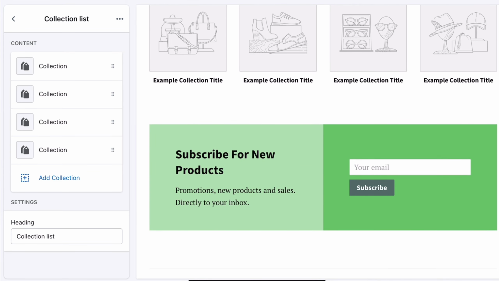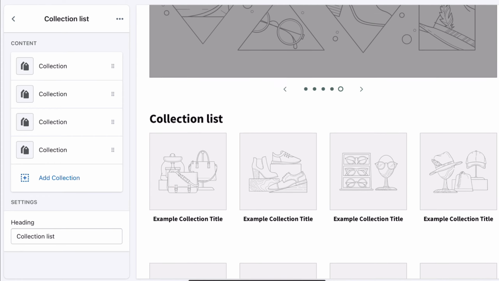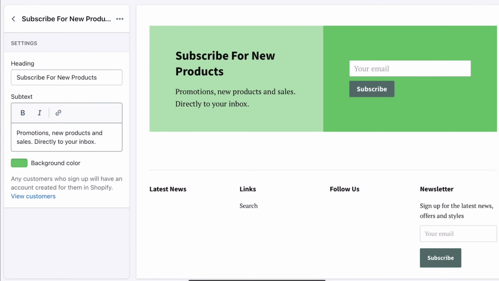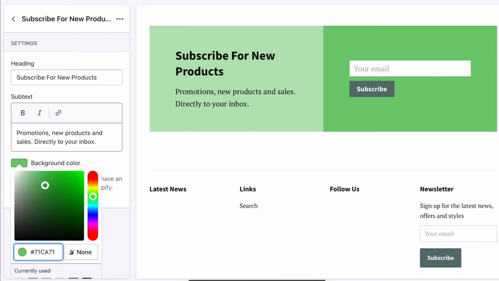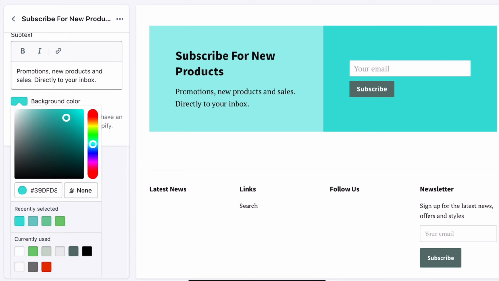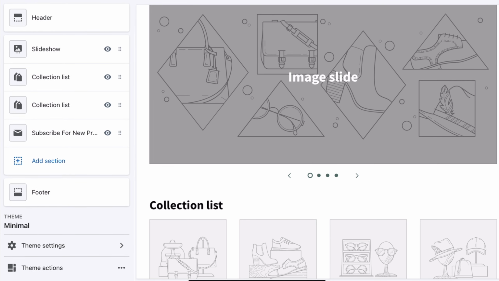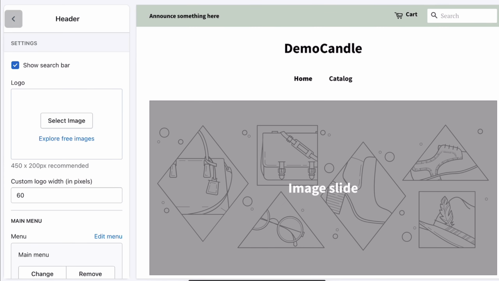I'm going to show you how to get down here where it says subscribe. Then here you can decide how you want to set this up, what color you want to use. You can go to background color and choose the color of your branding. It is completely up to you how you choose to use it. You can decide what the heading will say, what the subtext will say, all of that. We'll just exit from that. Then we're gonna go to